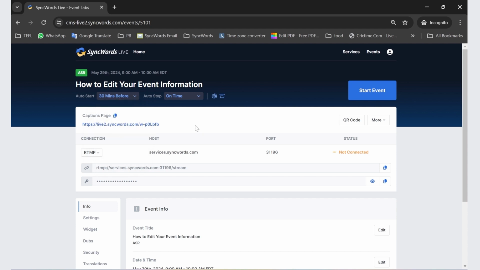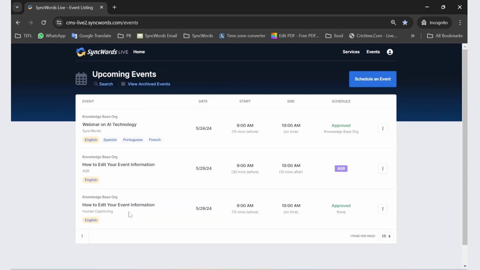Events are also auto-set to stop on time. Once the event ends, you will stop receiving captions, and the event will be archived. It's always a good idea to set your event's auto-stop time a few minutes after the scheduled stop time to cover any event overruns. If you are using the SyncWords human captioning service, you can make the following changes to